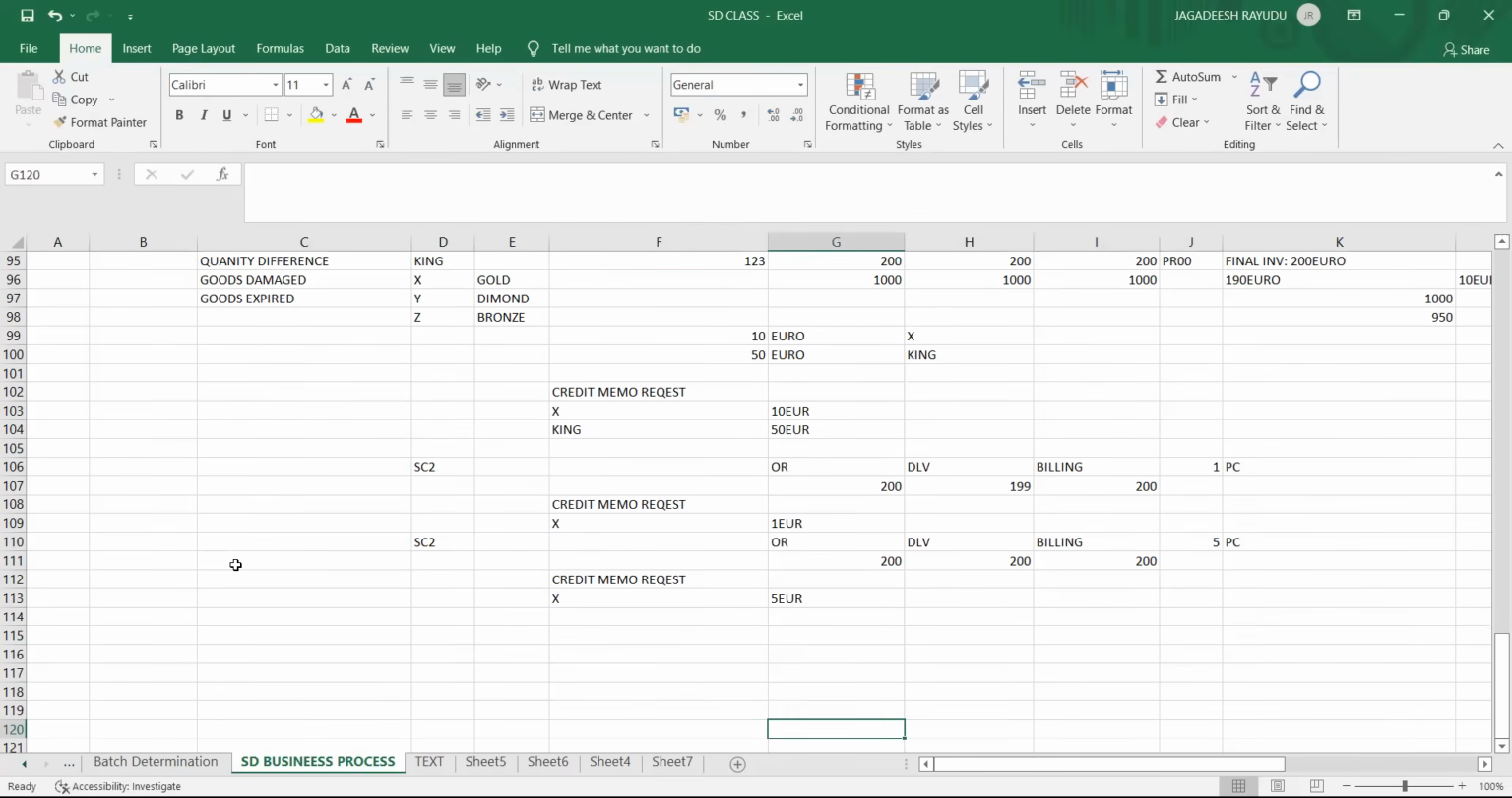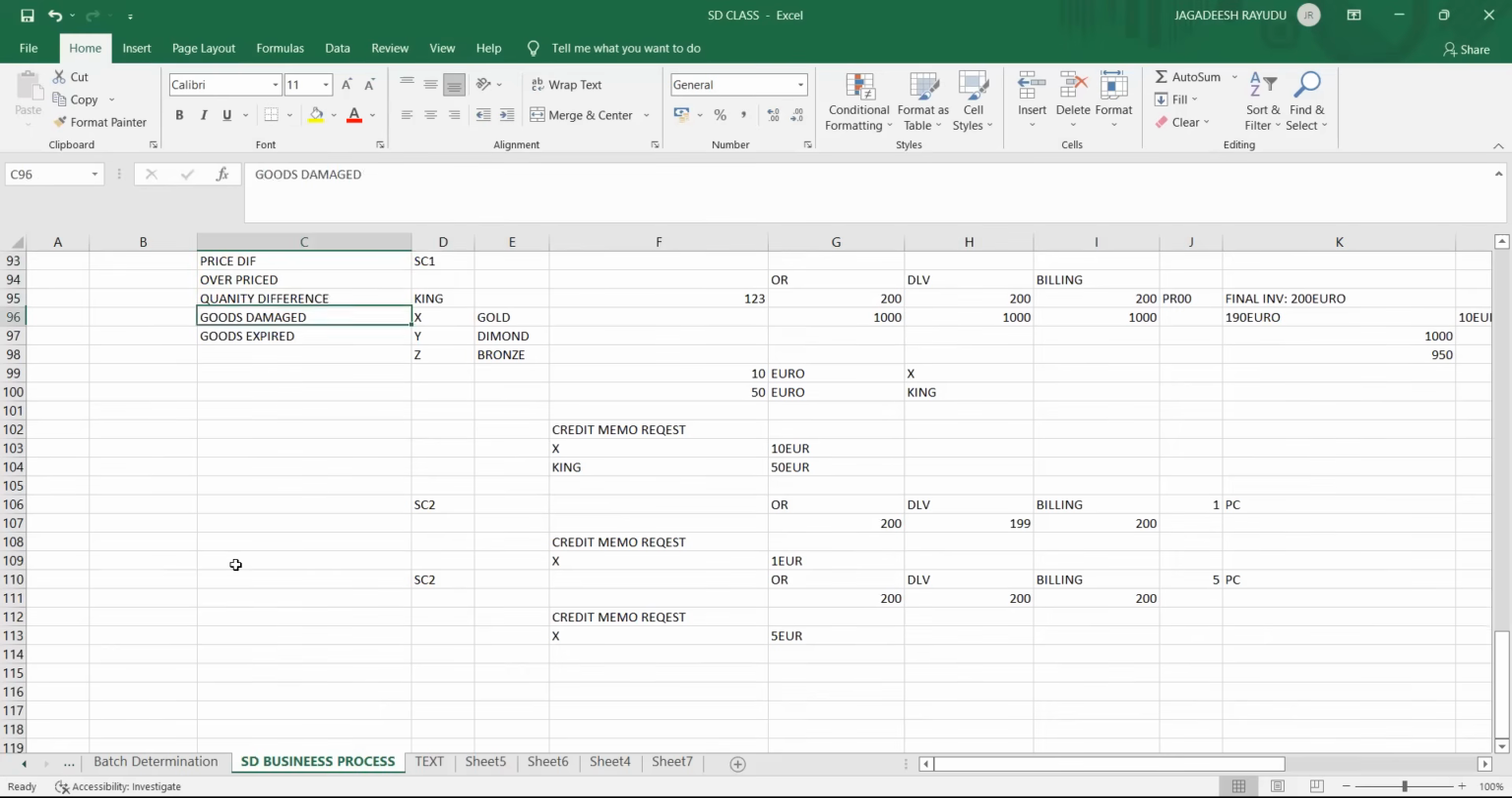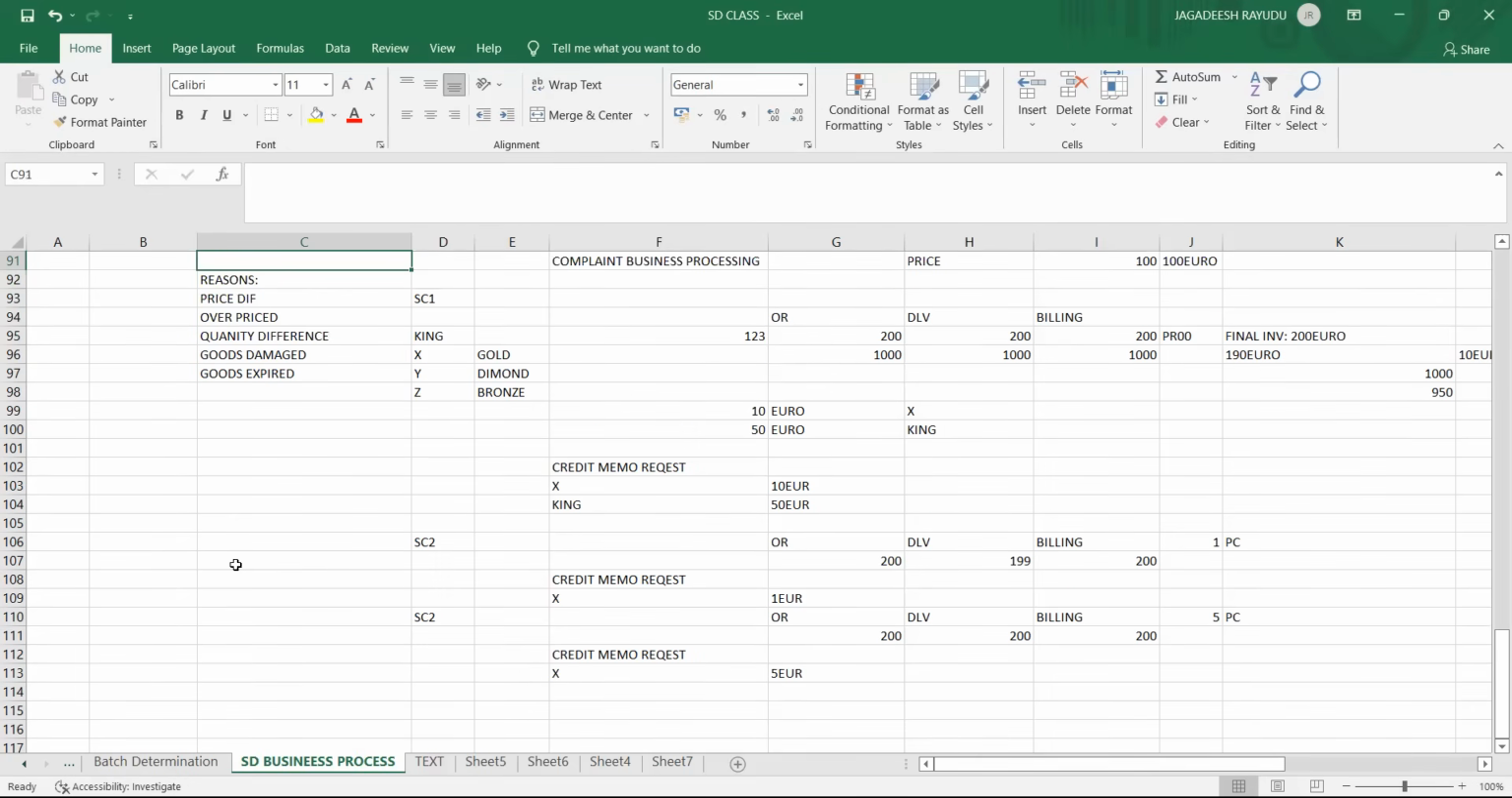So what is this? If it is overcharged in terms of price or a price difference, the loss is at the customer end. Try to remember this. Many people get confused about what is a debit memo and a credit memo. So because of these reasons, you will do